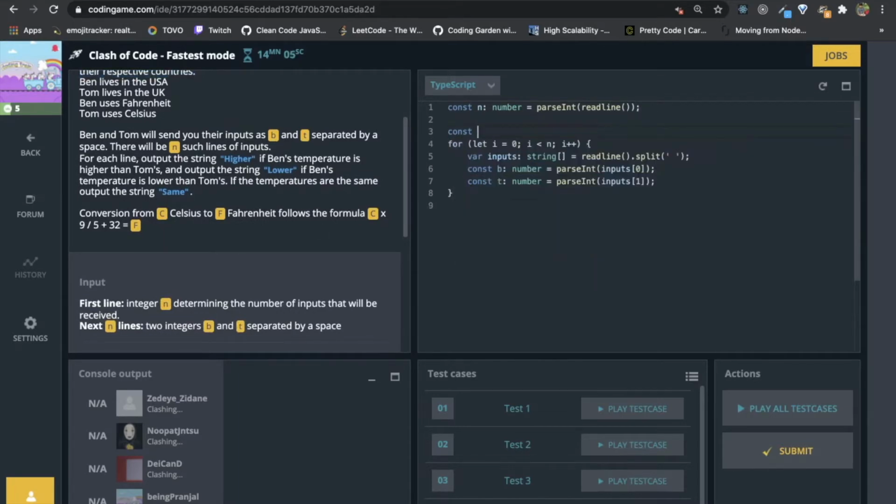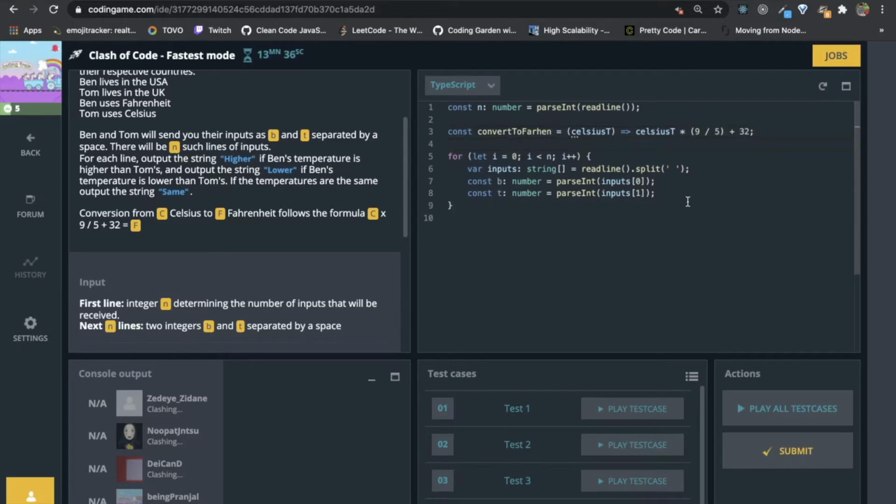write a function convert, which converts C to F, Fahrenheit. So we will get the Celsius temperature, and the formula is C into 9 by 5 plus 32.